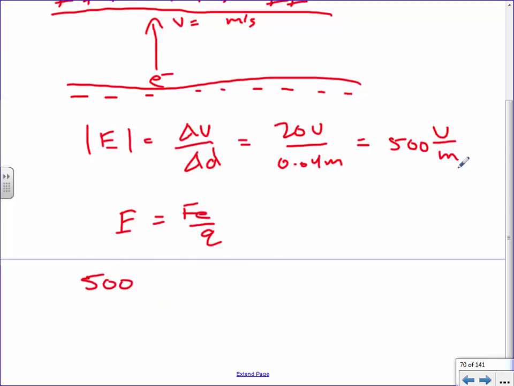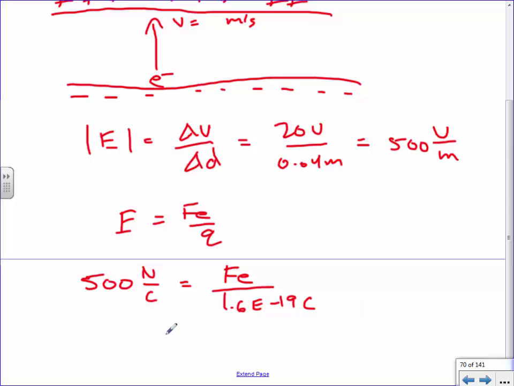Now the unit for field strength will be volts per meter. But there is another alternative way of writing the units. Rather than volts per meter, it can also be written as newtons per coulomb. Because I actually know the charge. What object was being accelerated? And what's its charge? That number. Only I'm not timesing it by 2 this time because it's just got 1 electron, not 2. Right? Like an electron is 1 negative, not 2 positive.